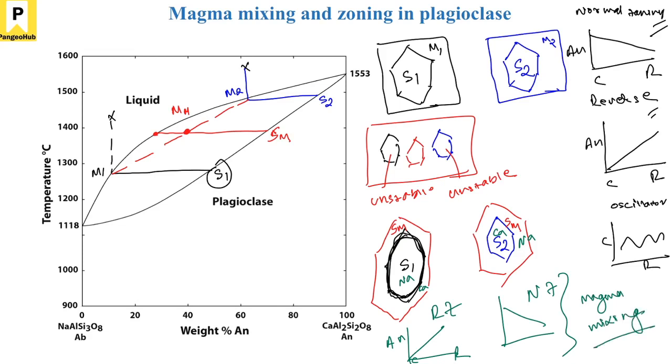Now, one thing that we have not discussed yet is the effect of water on this. Water actually acts as an impurity, and if you add impurity to anything, it will decrease its melting point. A good analogy is cooking vegetables: if you want to melt the onions faster, you add some salt. The salt decreases the melting point, and as a result, the onion is melted fast, and you say, okay, it is cooked, and then you go on adding other stuff.